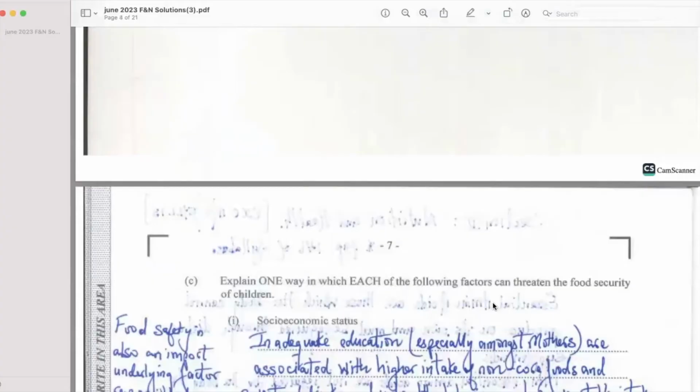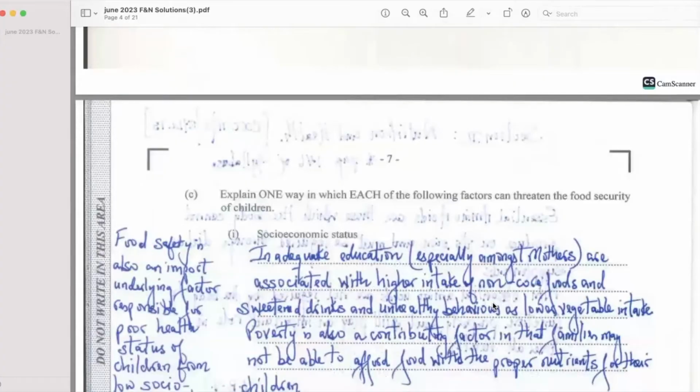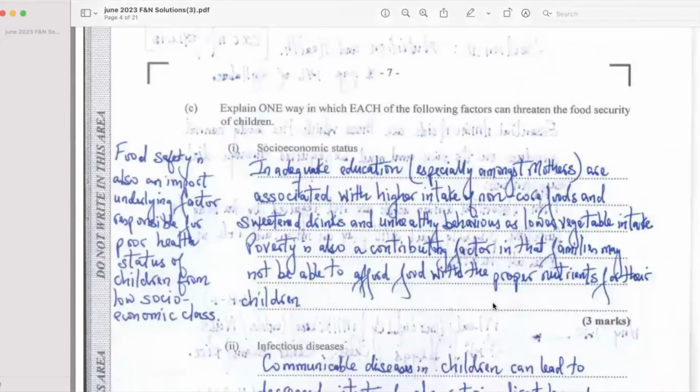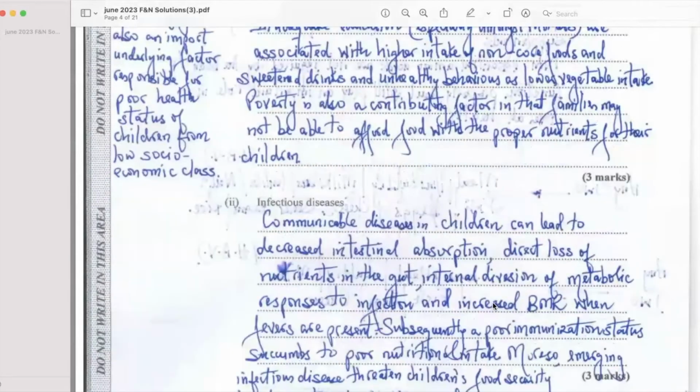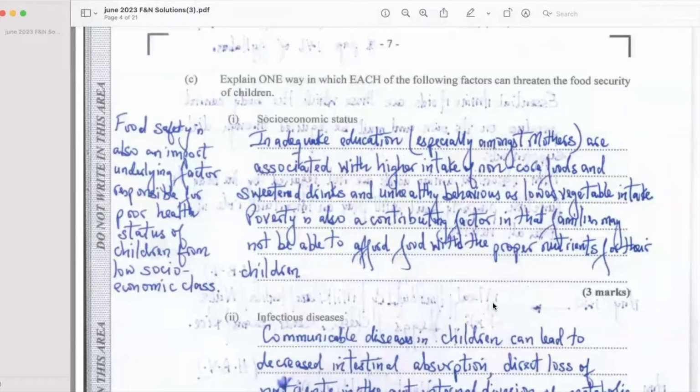The next question, explain 1 way in which each of the following factors can threaten the food security of children. One of the factors they ask is socioeconomic status, and the next one is infectious disease. You can give more responses, but these are just a few. So for the socioeconomic factor, you can have food insecurity. It is also an impact under the factors responsible for poor health status for children in low socioeconomic classes. So persons who are very poor will have food insecurity, so they don't have enough food